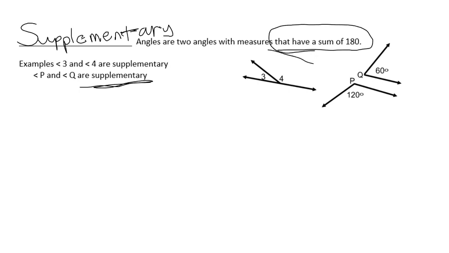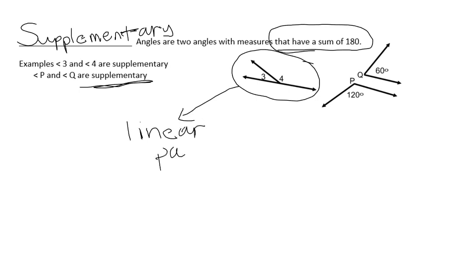So here they're showing you that special case that you already know about. We learned about before, the linear pair. Now remember, that lies along a straight angle. I'm going to highlight that for us. So there's your 180 degrees,